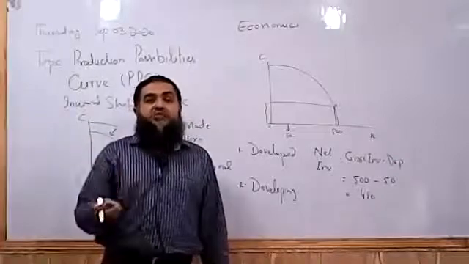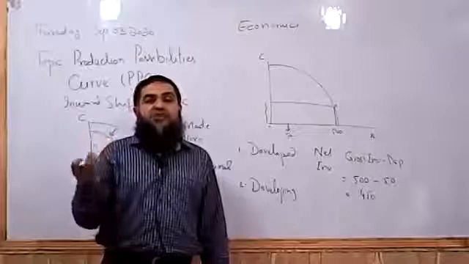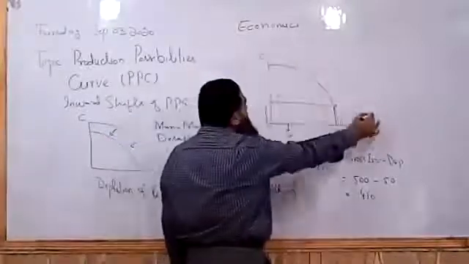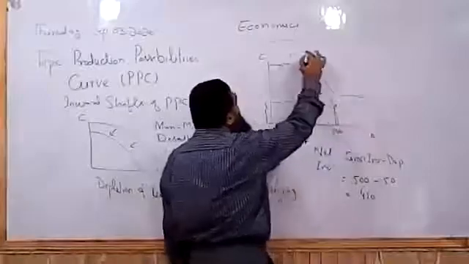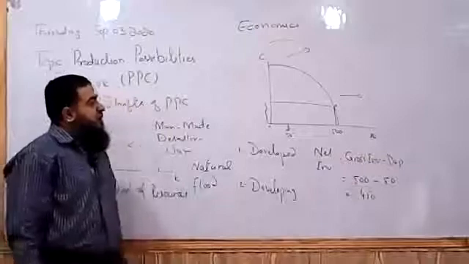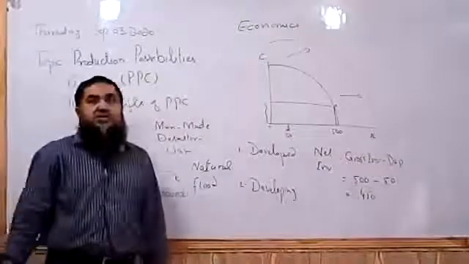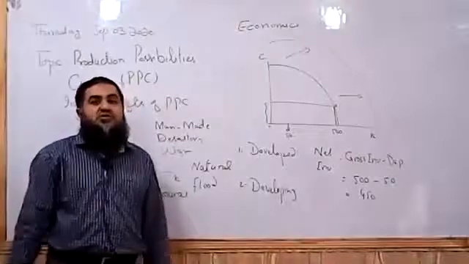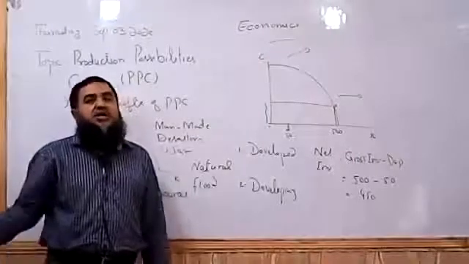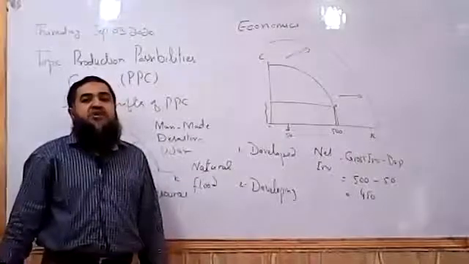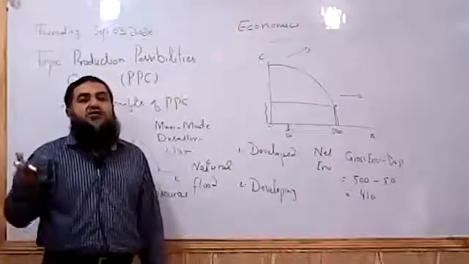So when a country is producing more capital items, more technological items, in future its PPC will be shifting outward. The developed countries we see around are focusing on man-made resources, producing more technological products. They are not focusing on producing consumer goods. Rather, they import consumer items from the developing countries, but they try to produce more capital goods.